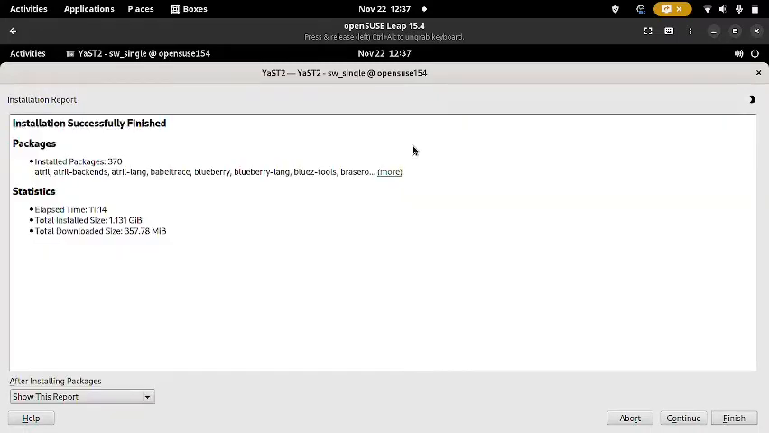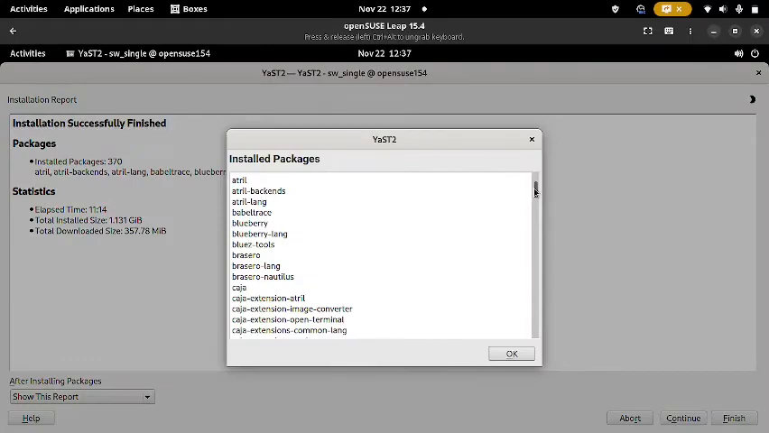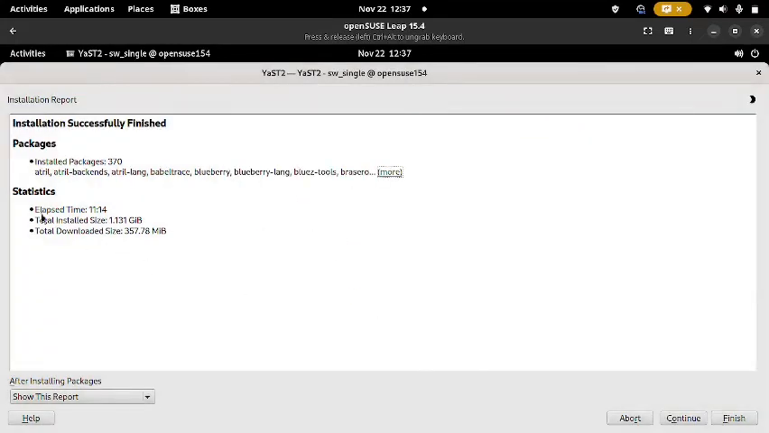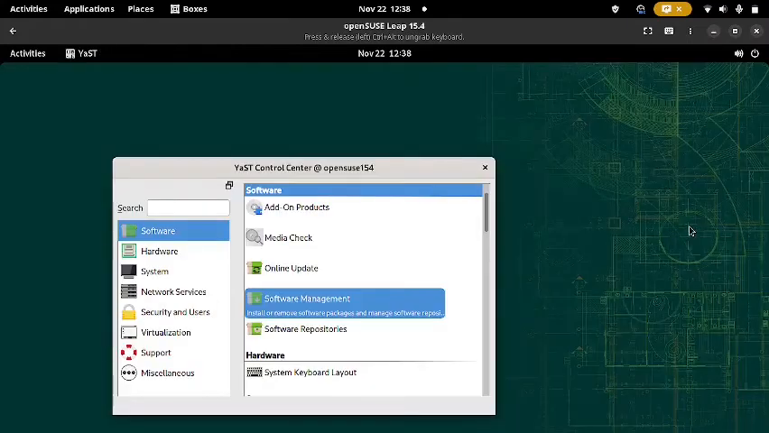Okay, so the installation has finished. The total installation was 370 packages that were installed. You can see the summary of packages that are installed here. It took 11.14 seconds to install the Mate Desktop with a total installation size of 1.131 GB, and total download size was 357.78 MB. And with this, I will finish the installation, and we will meet in the next video